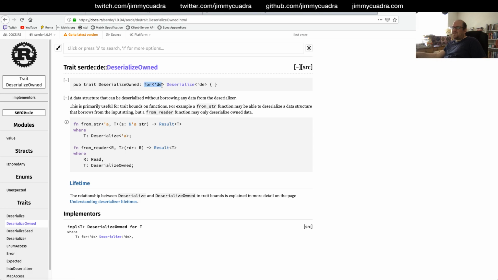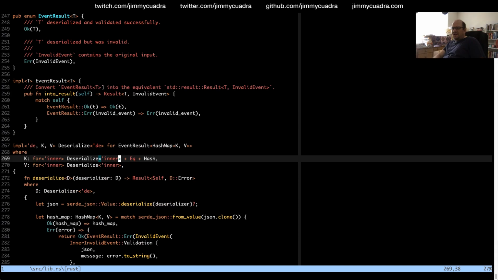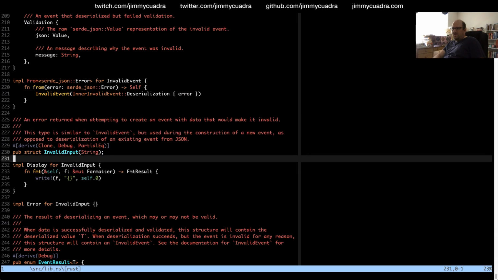Essentially, it's bringing a lifetime into scope just for this part of it. Normally, you would introduce the lifetime specifier on the type level, but notice that this is only used on the super trait here. So it's saying that the super trait uses a lifetime, but deserialize owned itself doesn't. And I wonder, actually, if that's something I should be concerned with in my own...